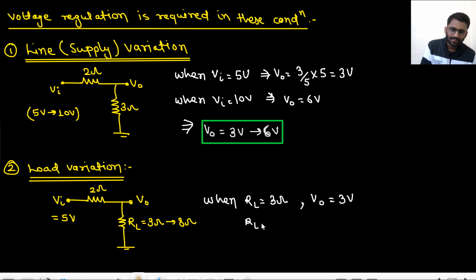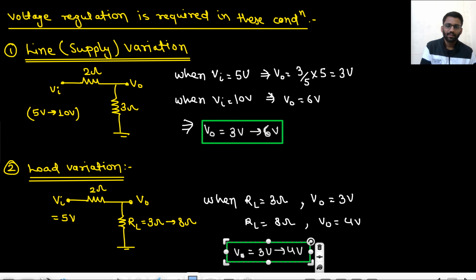And when my RL is 8 ohm, my output is 8 by 10 into 5, 4 volt, right? So my output is varying from 3 volt to 4 volt. Because of what? Because